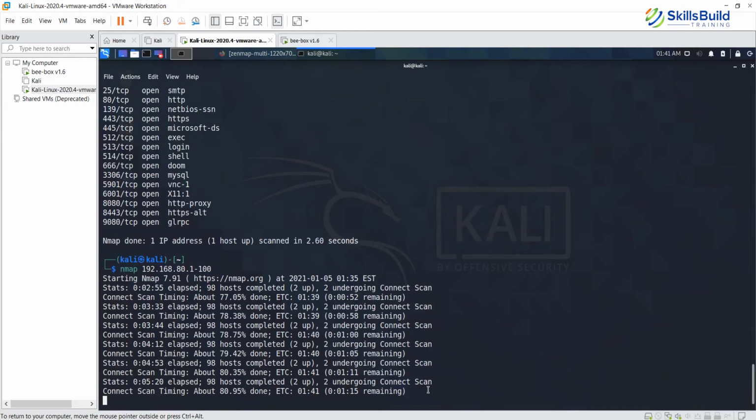Notice this, its expected time to closure has been pretty much about the same. Initially it was 1 minute 39 seconds, and then it went up to 1 minute 40 seconds and 1:41.